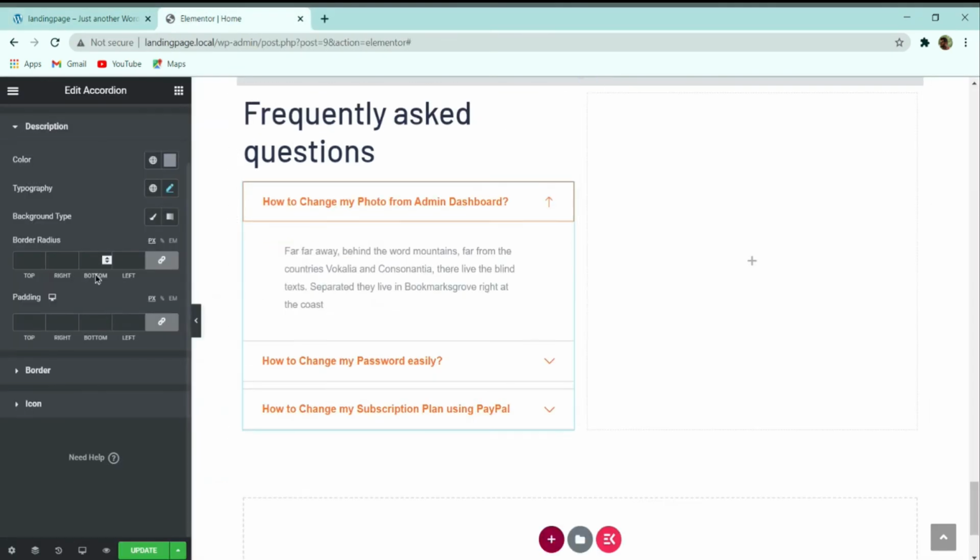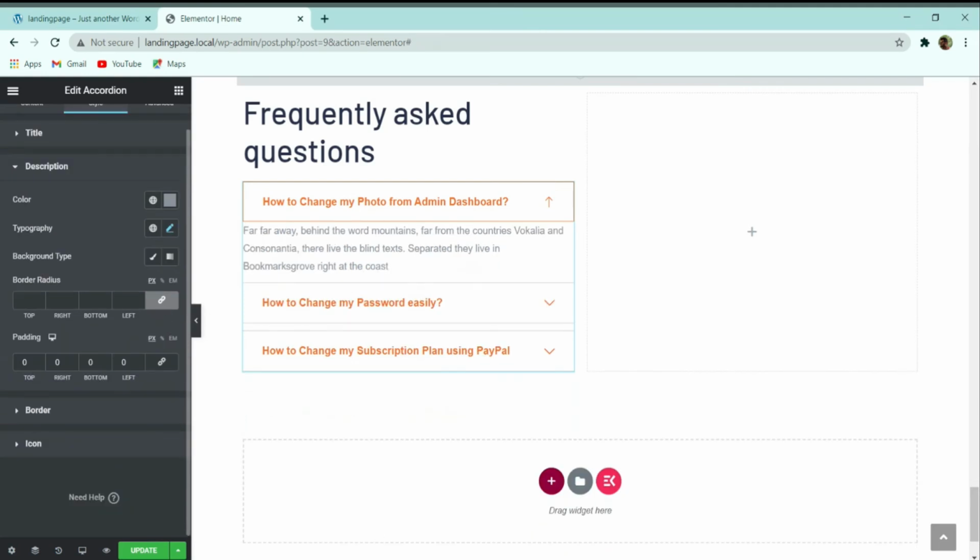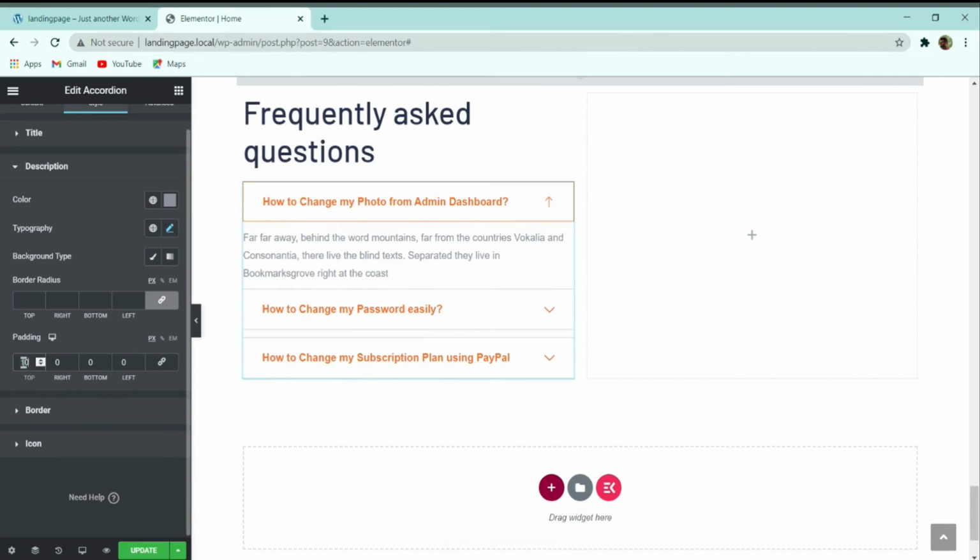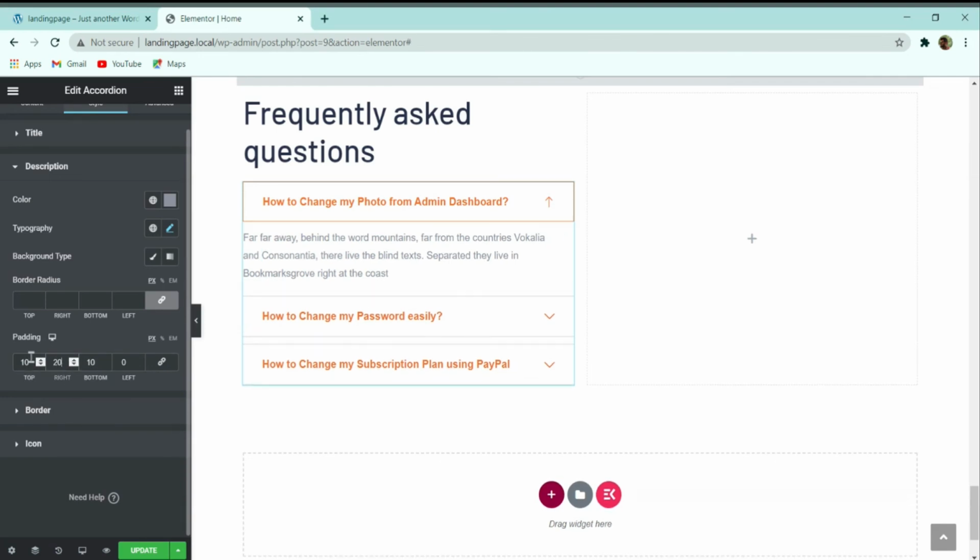So basically here we can change the padding for the description part. For this description part I can make the top padding 10 and bottom padding 10, and right and left padding I will make it 20. Let me make top and bottom 10, and for right I can make it 20 pixel, and similarly for the left.